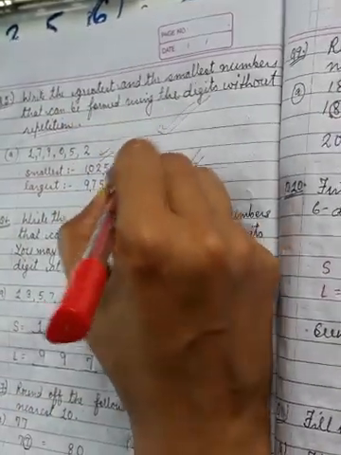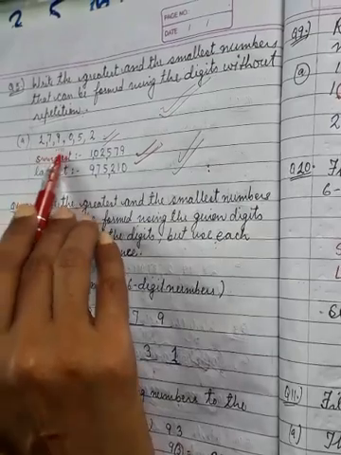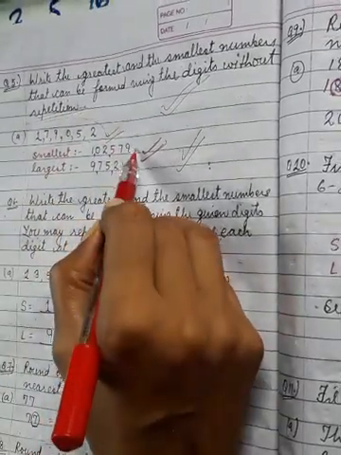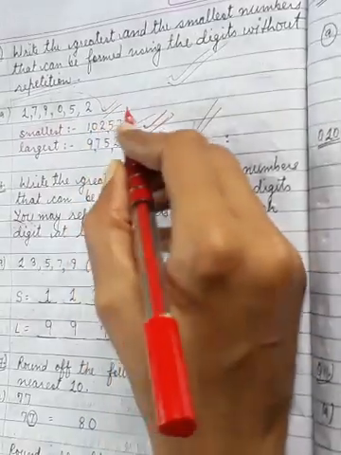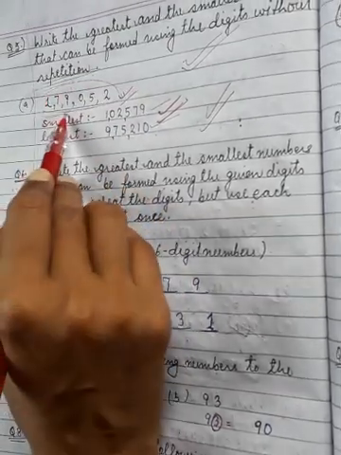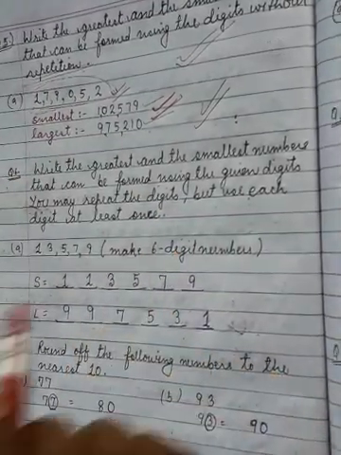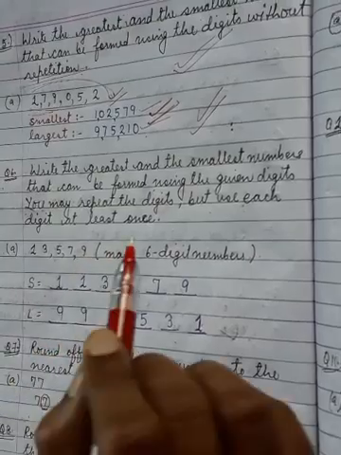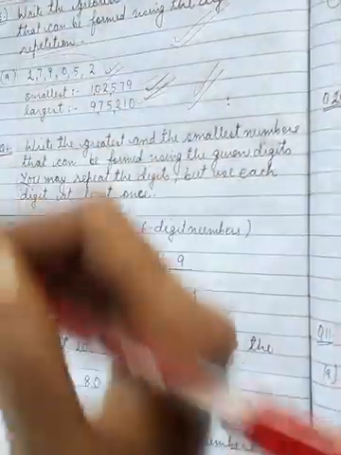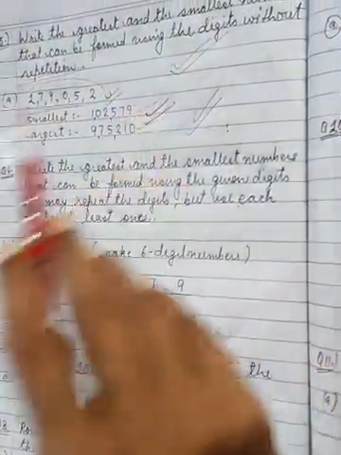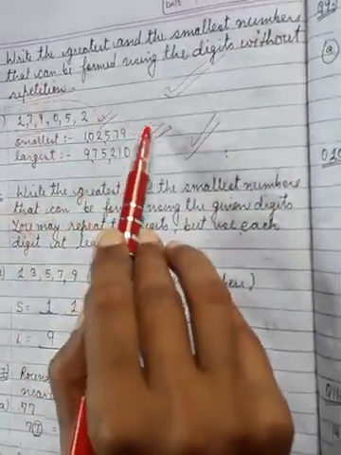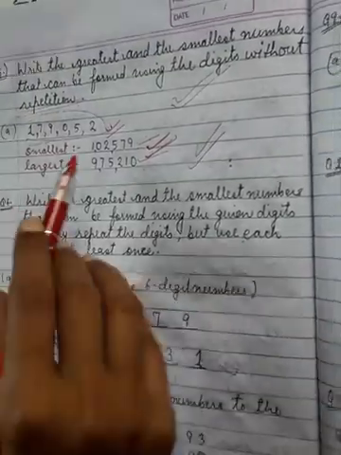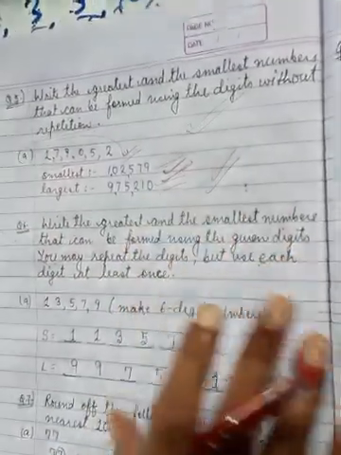Students, now you will see in question 5 that we have some digits. Now we have to make smallest and greatest numbers. So now students, I am going to make smallest and largest number with the help of the given digits without repetition. बिना repeat किया हुआ number, मतलब जो मैंने example दिया है अभी, we do not have to follow that situation because here it is mentioned that without repetition we have to make the smallest and the largest number. So I am going to make smallest and the largest number.